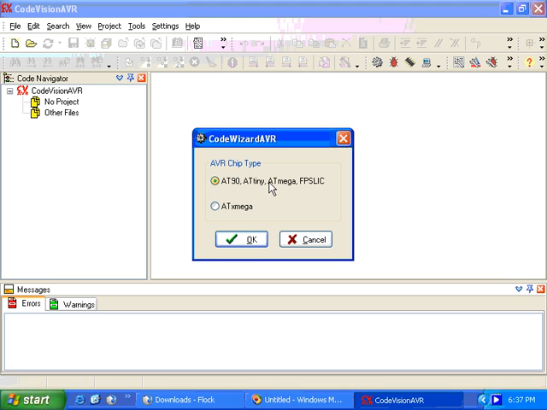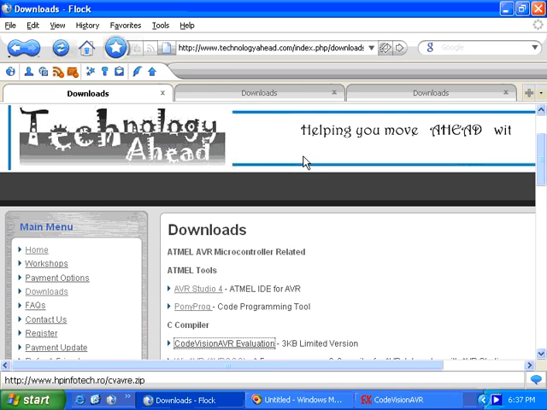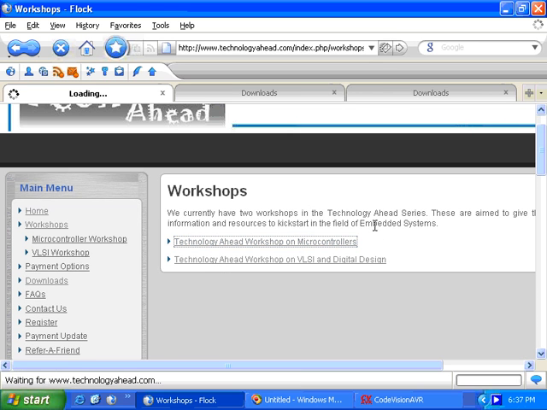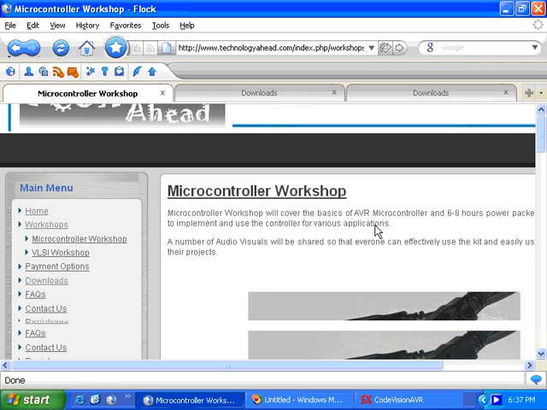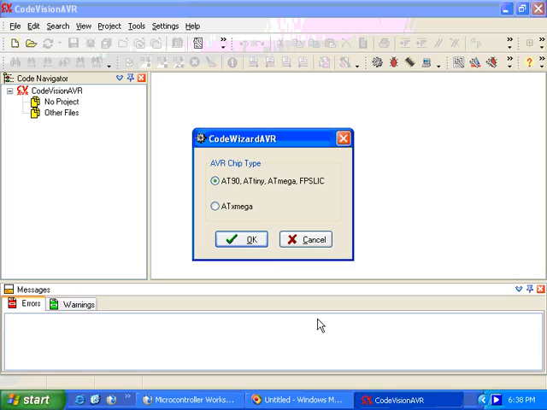So we'll select ATtiny2313. I'll show you the board. This is the Eureka board that we are using right now. It contains an ATtiny2313 connected through the SPI port to the programmer, and this does the programming. So we'll use PonyProg for dumping the program hex code to the Eureka board, and we'll program according to ATtiny2313. So for that, we'll select this